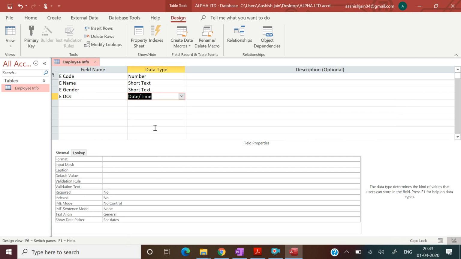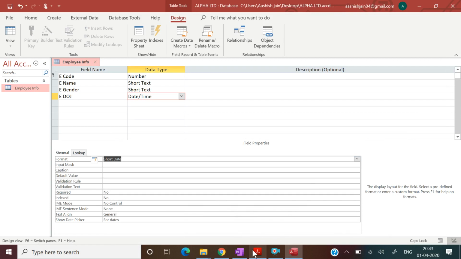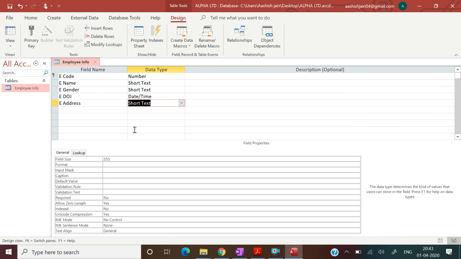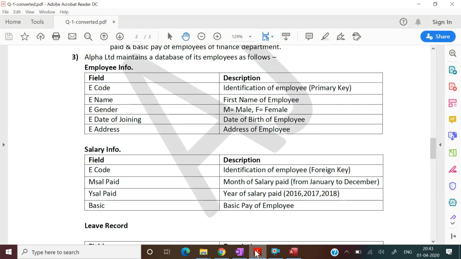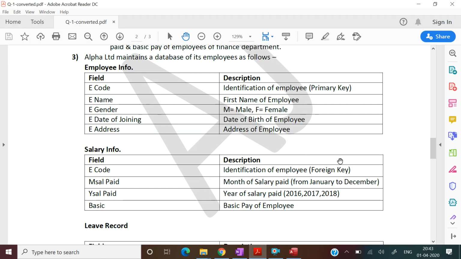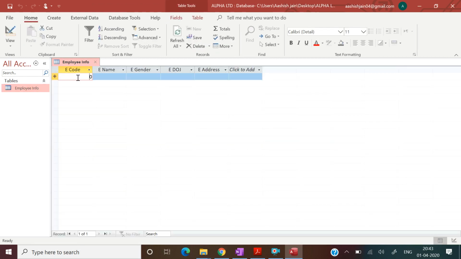Select here date or time, and for date or time select a format, short date. Then e-address. You need to put a description in this column. I'm not putting this, but you put all of this. Press Ctrl plus S to save this, and let's put some data over there.